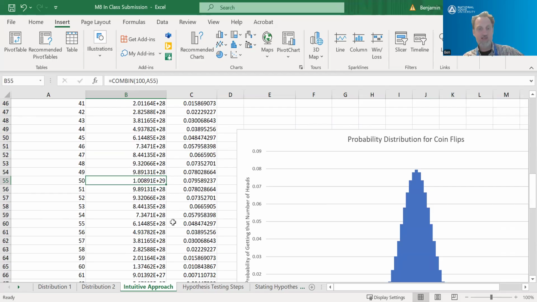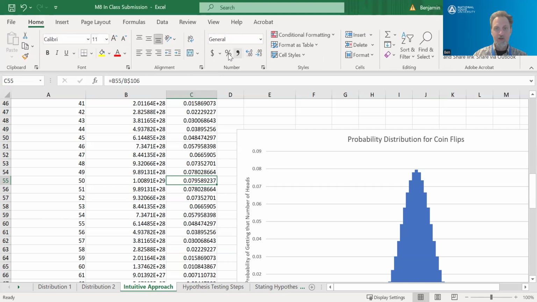There's a lot of different ways that I could flip 100 coins, or one coin 100 times, and end up with 50 heads and 50 tails. This is the most likely outcome. If I turn this into a percent, so I can see it more easily, about 8% of the time I should end up with exactly 50-50. What's interesting is that mentally we think 50-50 is the most likely outcome, and it is, but compared to all the other outcomes, there's a 92% chance that it's not going to be 50-50.